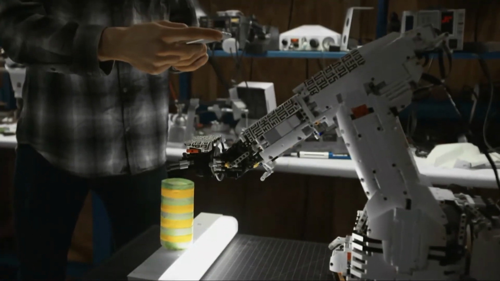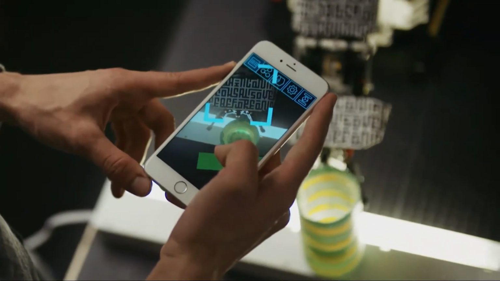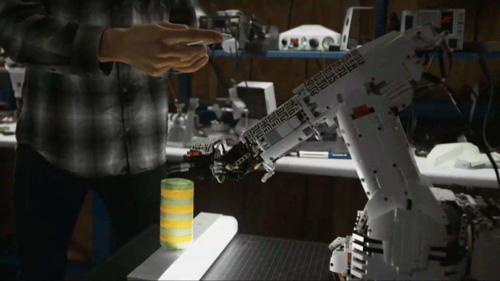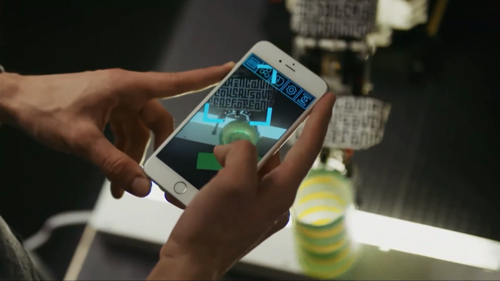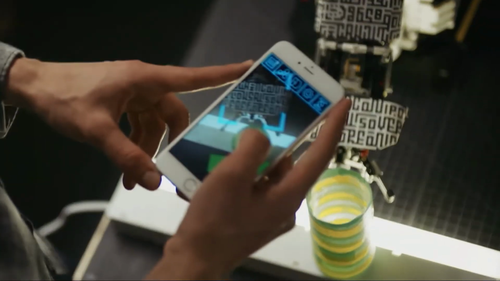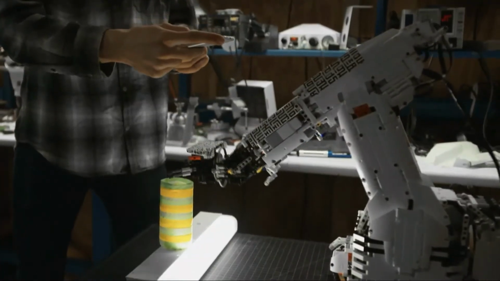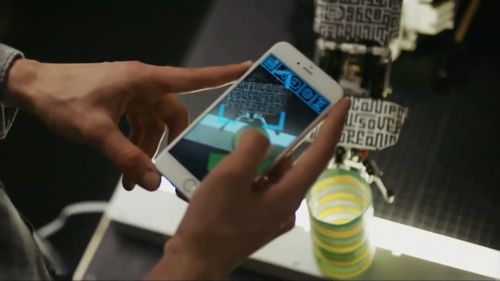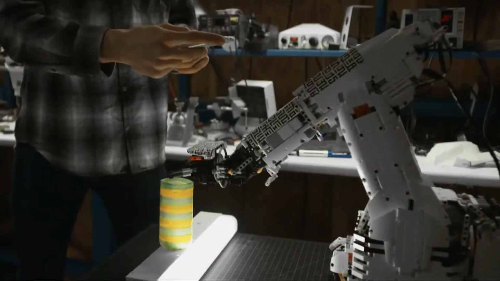So for example, we were able to build a quite complex robot out of Lego. It's a 6-axis robot. It mimics some of the robotic machines. But this entire robot has been programmed the same way that you've seen before, in addition to the system that I'm going to show you. So it's quite a complex machine to have all of these motors and sensors all programmed and then operated with